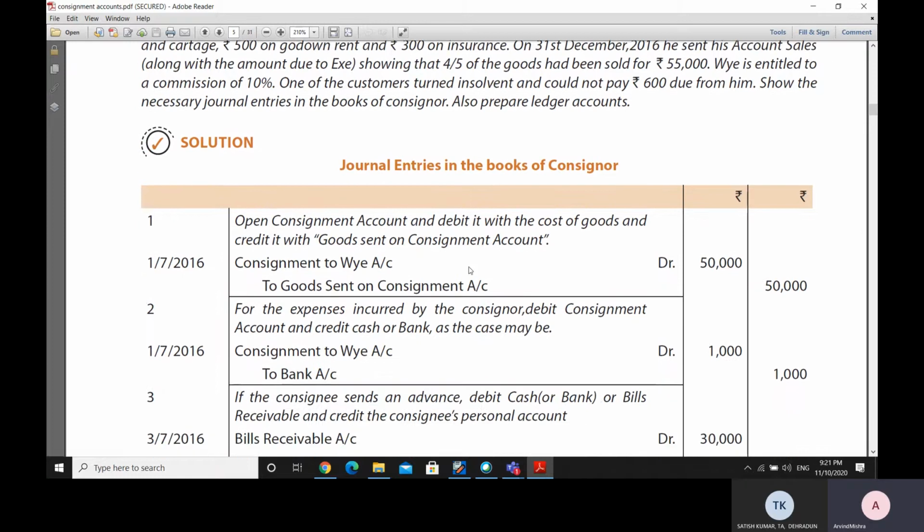And we have already discussed earlier that the first thing that we are going to do here is that we will be debiting the consignment account with the 50,000 worth of the cost of the materials which were sent. We are debiting the consignment account and crediting the goods sent on consignment account. Now, when we are crediting the goods sent on consignment account,